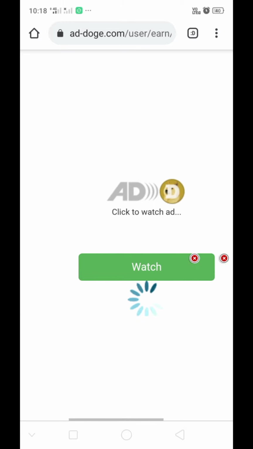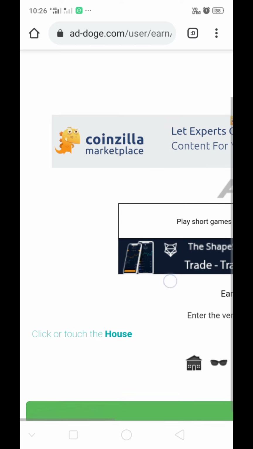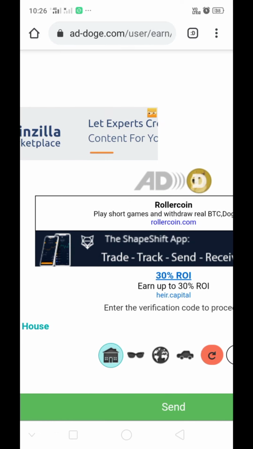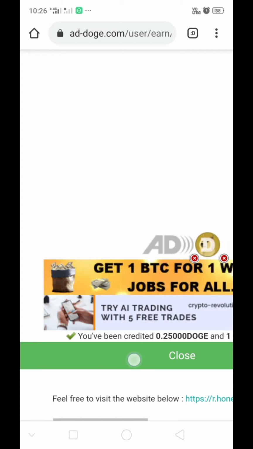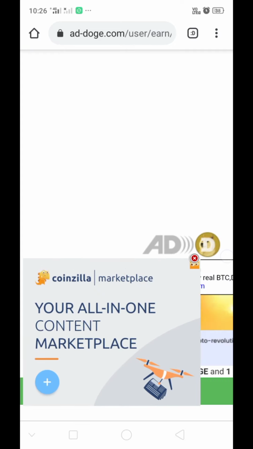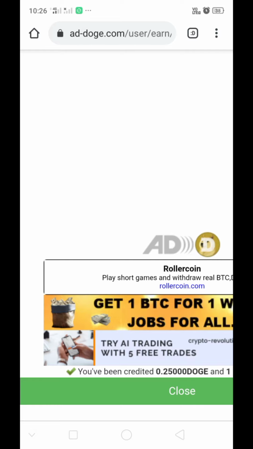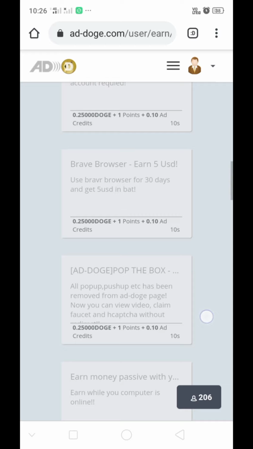Okay, click on another ad. Do the same with all ads. I skipped the video. This is my last ad, the 10th ad. So now 10 ads are completed.